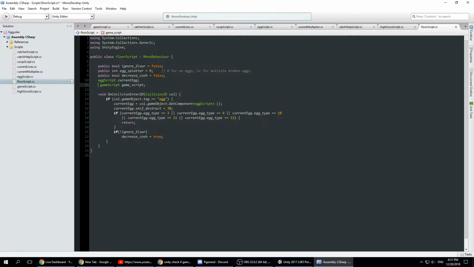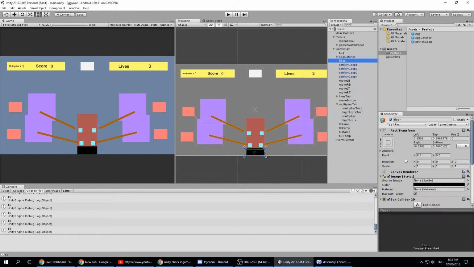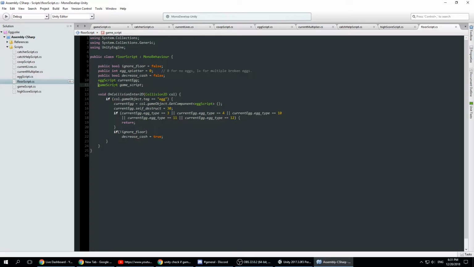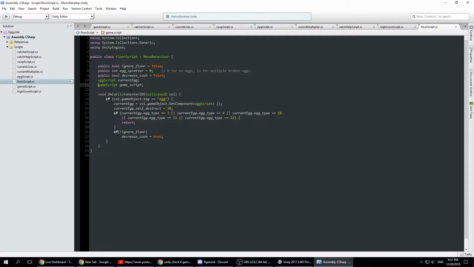Don't think it should be public. This is the floor. Where's the floor? Floor. Where are you? Here you are. Okay, it needs to be public. No, wait, what? How did I...